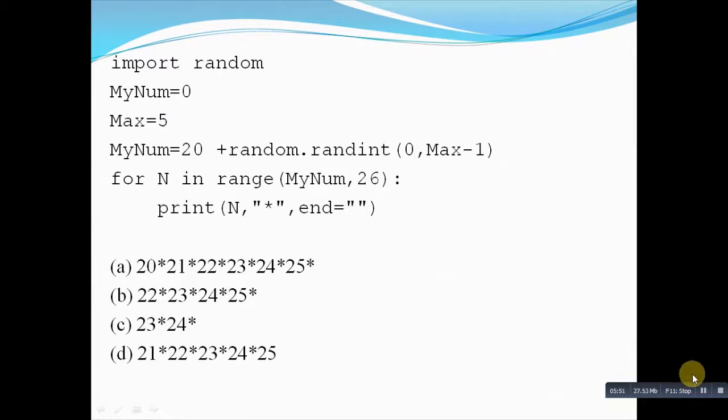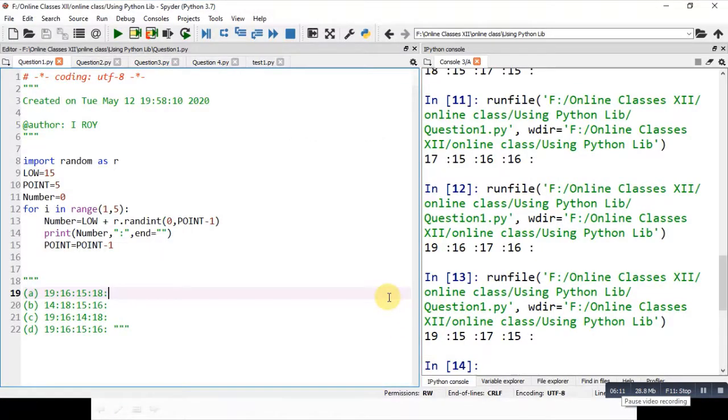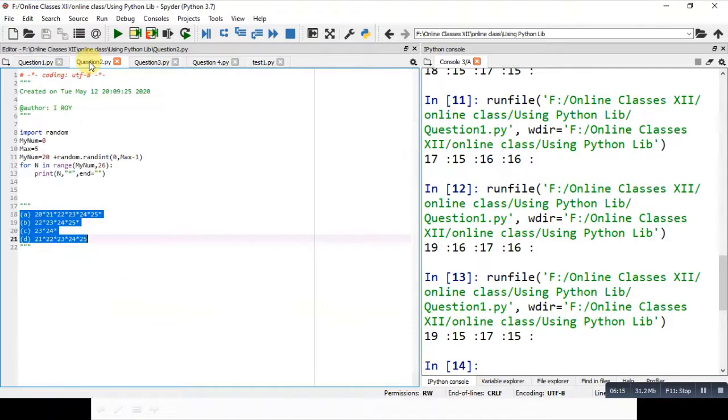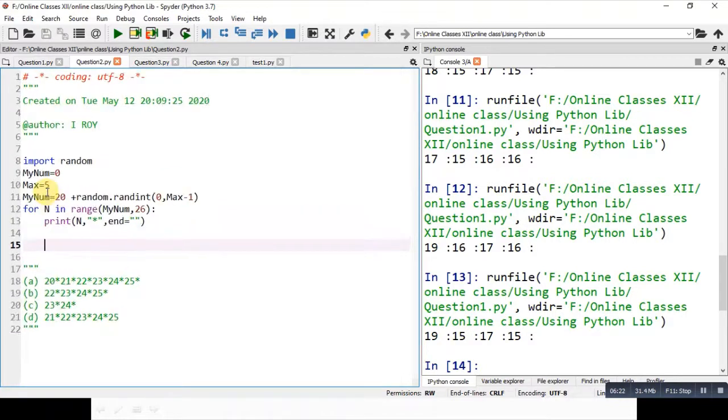So I hope that using this, I have given you two questions and both the answers are clear. Now we will get into the execution part of this one and see whether it runs properly or not. So I'm getting into the execution part, and let us find out where the question is. So this is question number 2, I suppose. Yeah, this is question number 2. Let me increase the size of the screen a bit.